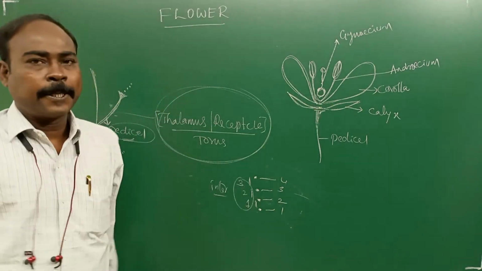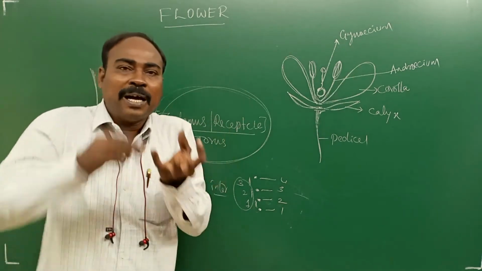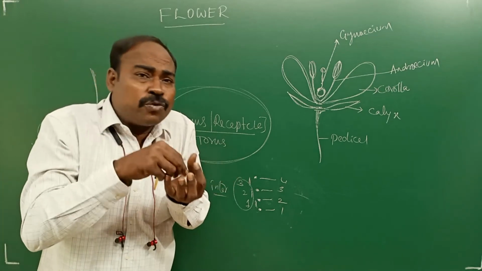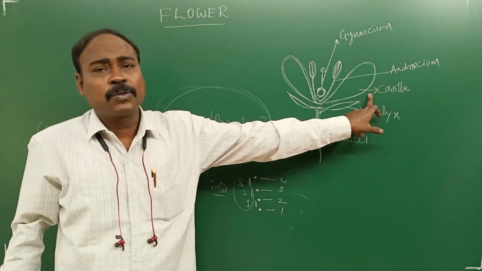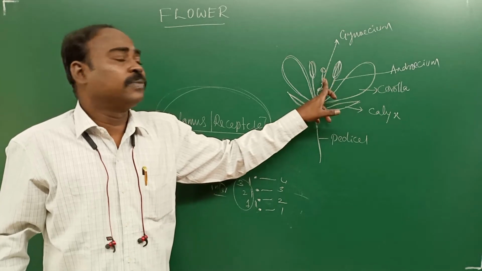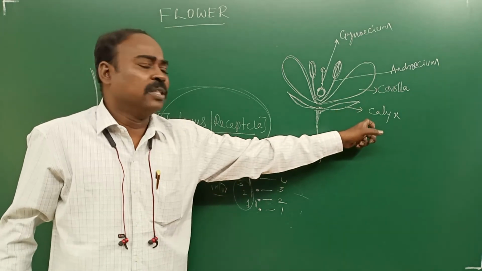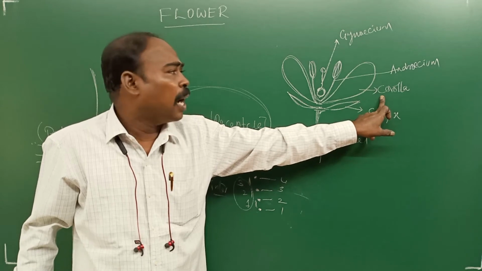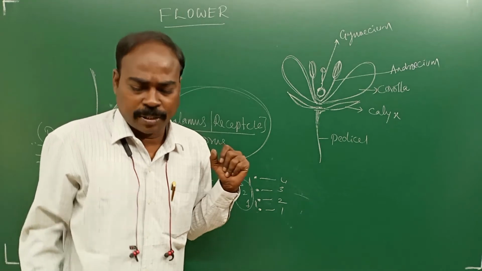So likewise, at every node, the floral appendages are developed at the respective node in whorls. The first whorl of modified leaves, floral leaves, is called calyx. Second whorl leaves are called corolla. Third whorl leaves are called androecium. Fourth whorl is said to be gynoecium. These are the technical terms. First whorl, calyx, leaves of flower. Second whorl leaves of flower is said to be corolla. Third whorl is said to be androecium. Fourth whorl is said to be gynoecium.